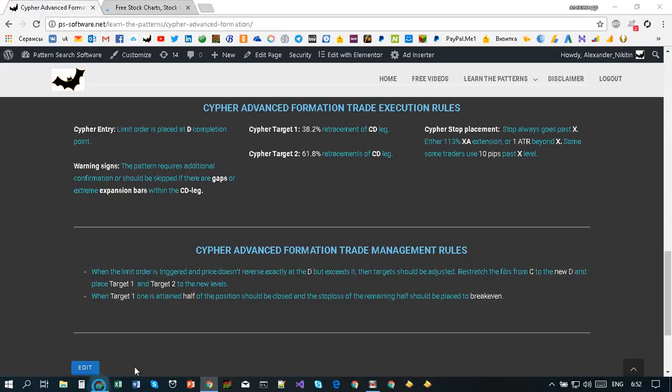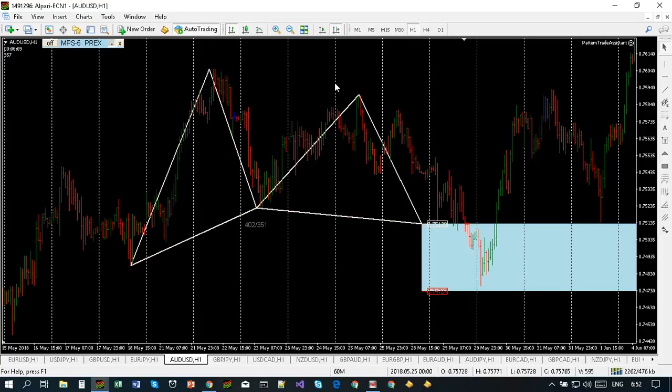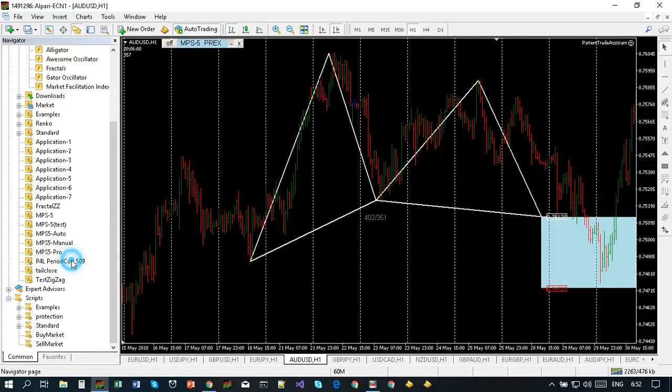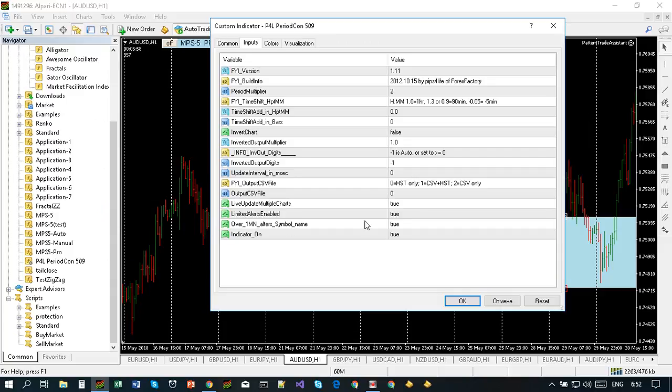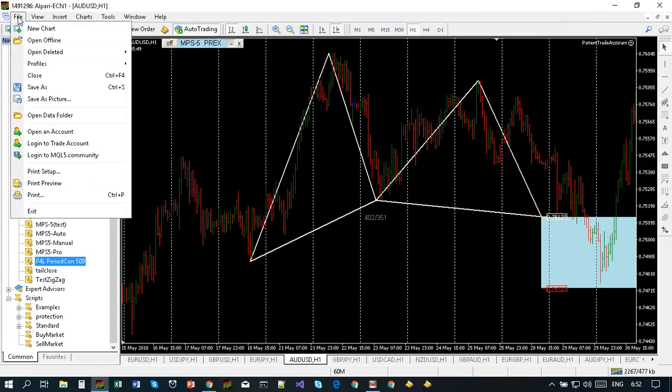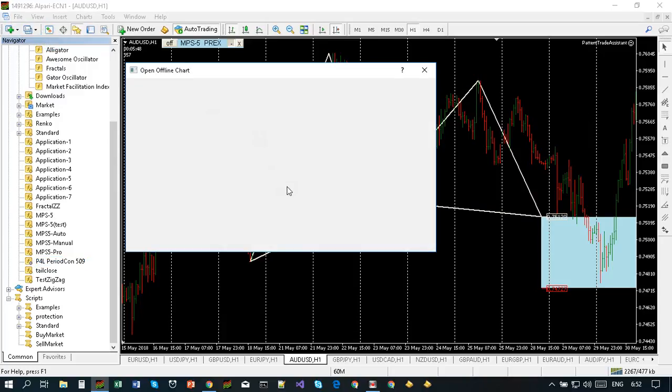Let's try to analyze that using 2-hour time frame. Well, how can I analyze that 2-hour time frame? Potentially I can do it this way. Okay, period multiplier is 2. If I multiply this time frame by 2, I will have a 2-hour time frame. If I go to offline, Aussie dollar 2-hour,